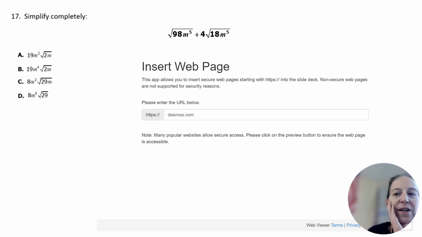This is one where I want to explore how, I mean, there's a lot of different ways you can do this. So I'm going to take you through how I would do this, because this is a nasty problem. This has got some big numbers, and you might not remember how to do the math on this. So I do want to review some of the concepts going on here. So we are being asked to add the